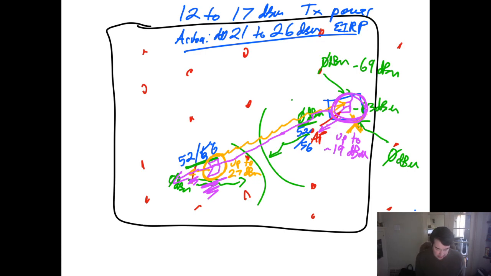That's not negative, sorry, that's just positive, 21 to 26 dBm EIRP. Aruba again does their configurations in EIRP rather than in transmit power. That's why I'm mentioning Aruba separately. But yeah, if the transmit power is at those levels, then we would likely be able to see co-channel